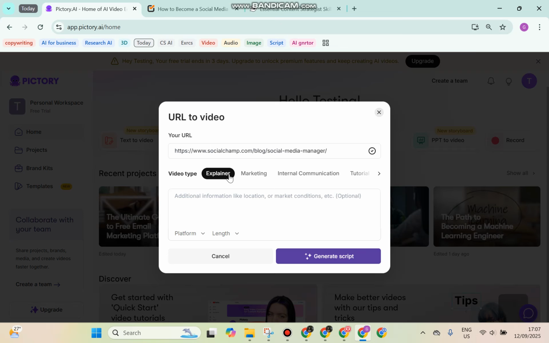and you can paste the link into this section, your URL, and after that you can choose the platform. For example, I would like to present this video later on Twitter, or X, and you can also choose the length. For example, I choose the length of this video to be 1 minute. It's okay. Then you can also add the location or market condition as additional information, and it is optional guys. You don't have to put anything into this section, and you can continue to generate the script,